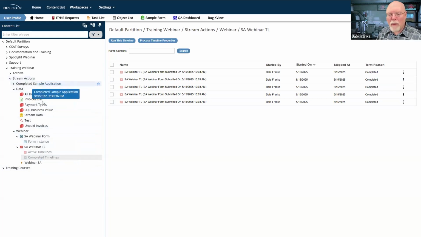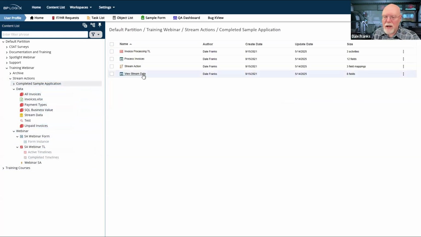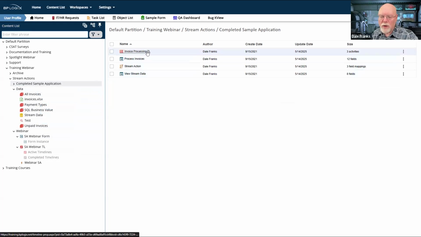I actually want to go back to our completed sample application because I do want to take a closer look at this invoice processing timeline because it needs to do 3 things. First, it needs to set my in process flag as in process so that I don't run the stream action again, because here's why that needs to work.